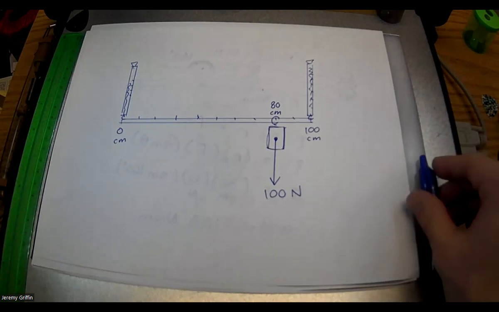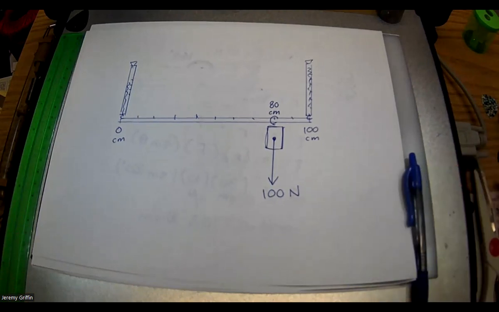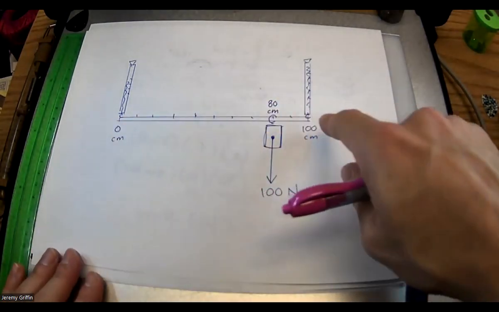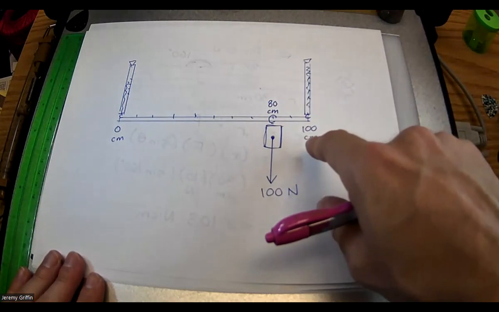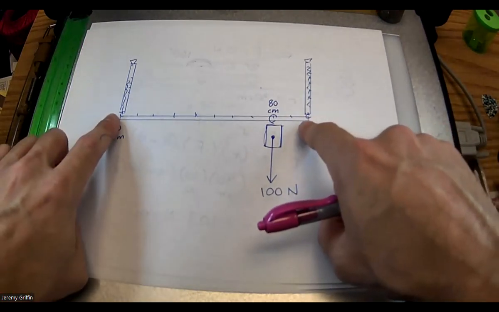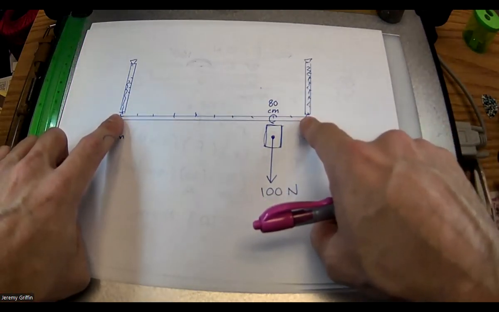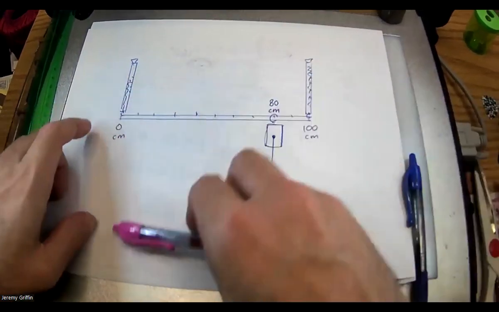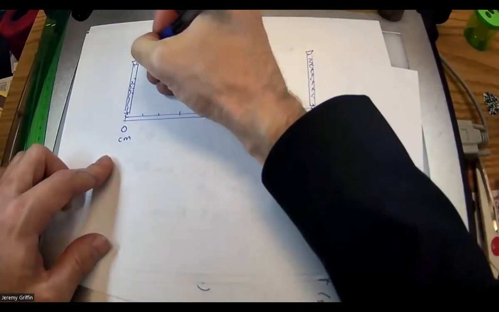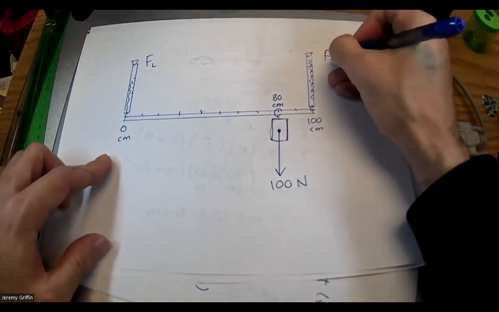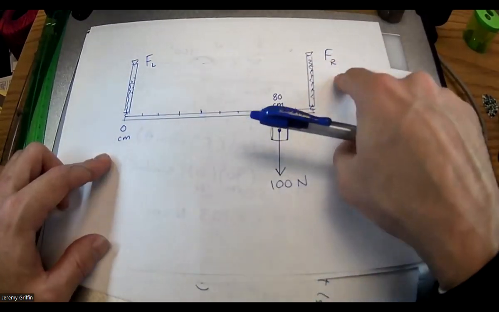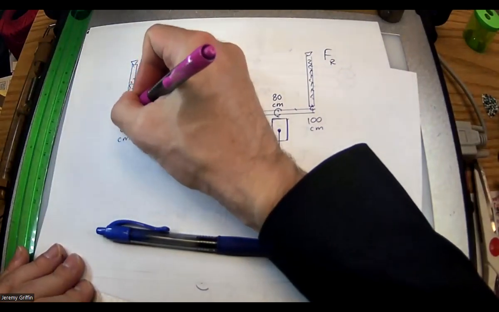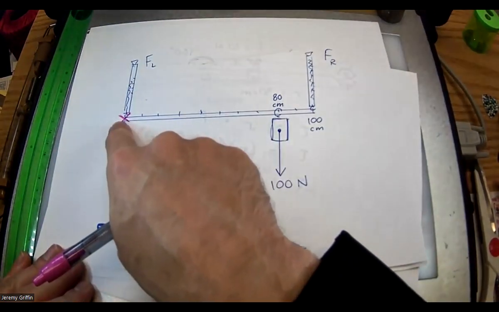The proper way to do it, suppose I change this up on you guys by tomorrow, is to pick a point as the pivot point. Now you can pick any point as the pivot point, but I like either one of these as a location. Because if you were solving for both of these forces, that would be two unknowns. I'll call this F sub L and F sub R, the force on the left spring scale and the force on the right spring scale. If you pick your pivot point at the location of one of those unknown values, here's your pivot,